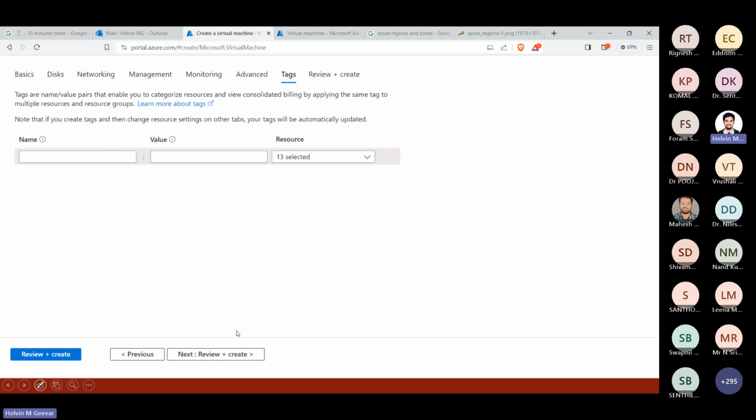It's like a kind of metadata about the machine. The machine name may not always be Helvin's machine, right? It will be VM1, VM101 and so on. So I can give who is using the machine or other things here in the tags. That's